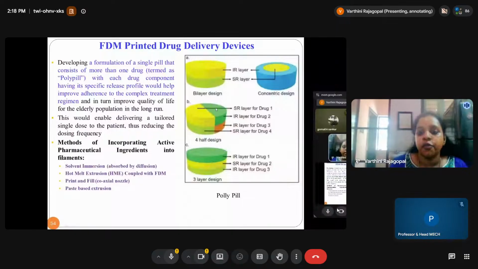They have used filament, right? Instead of filament, you can also use some paste-based raw material. Here they have created a scaffold with antibiotics. The filament has antibiotic as well as scaffold material. So this will